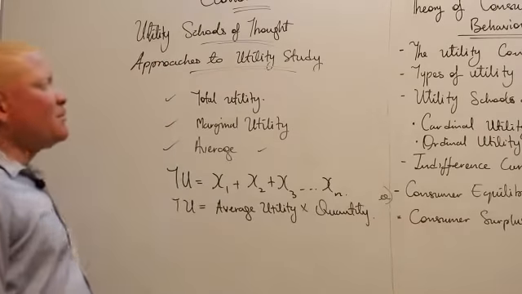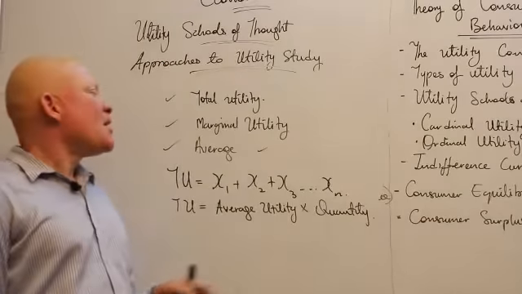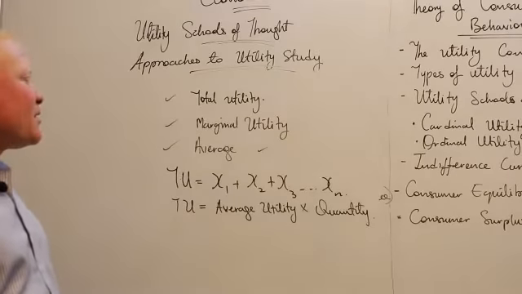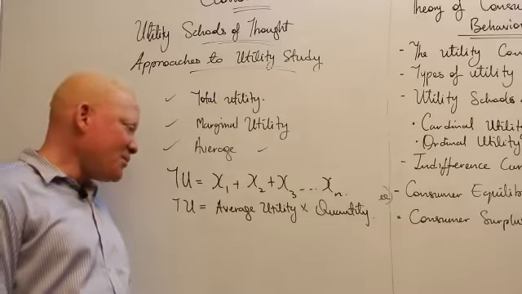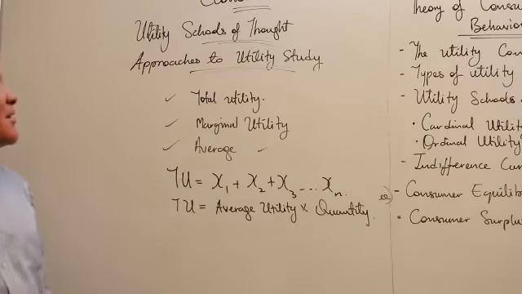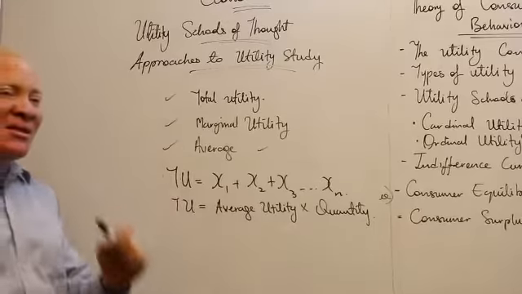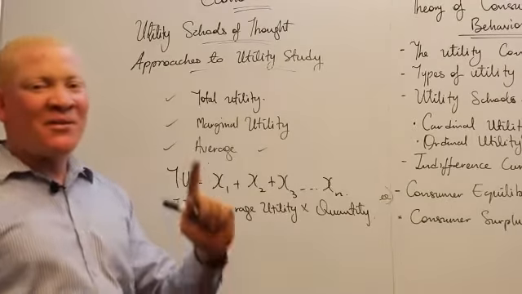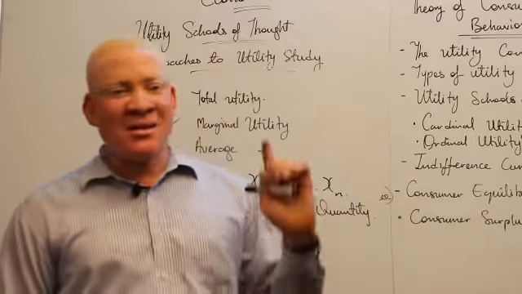That is where the average utility is given. Now the second one, we said, okay, let me take average before marginal. The average utility, in other words, when this is total utility, that means average utility is the utility derived per unit of the items consumed, per unit of a commodity consumed.